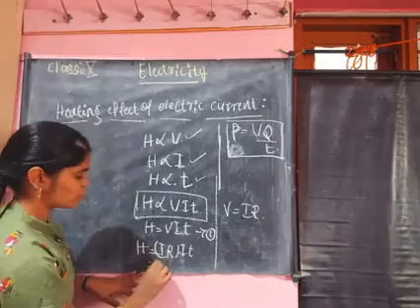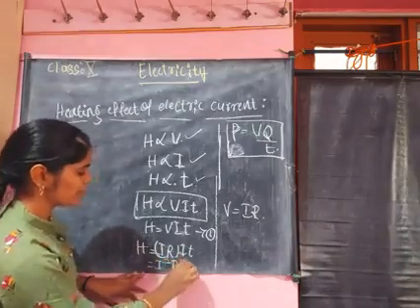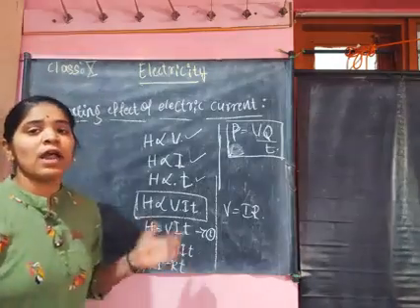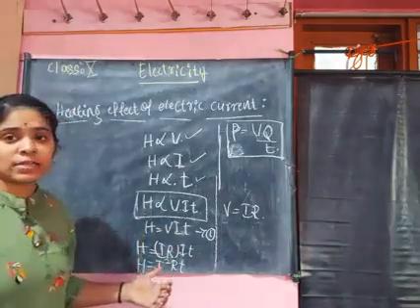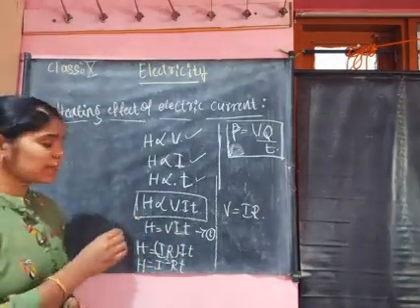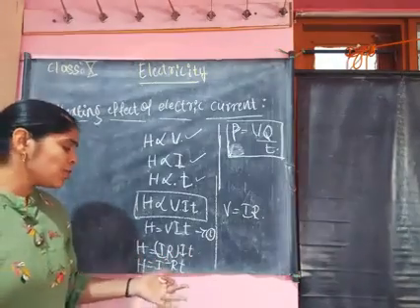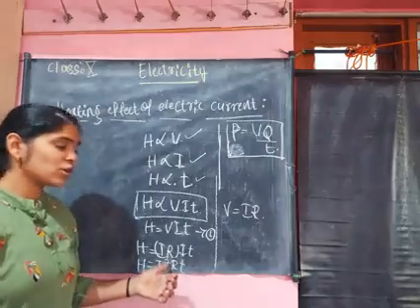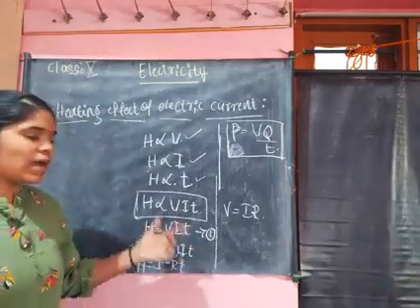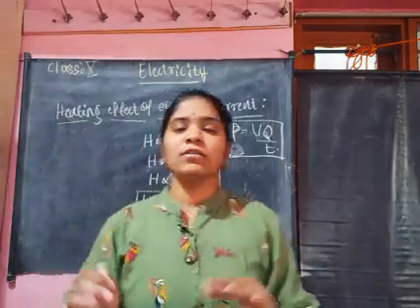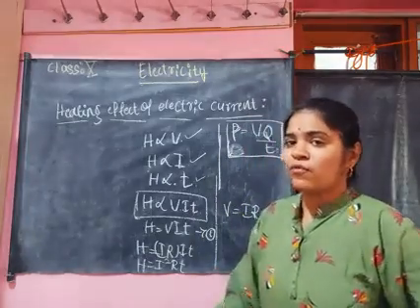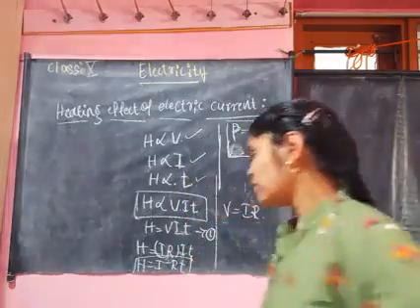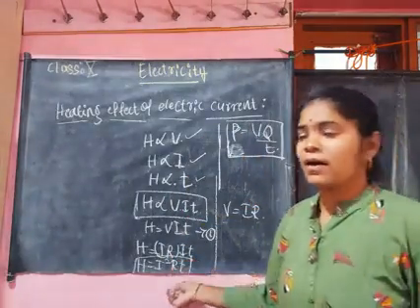So that will be equal to I square R into T. So this heating effect of an electric current is proportional to the square of the electric current produced in the electrical circuit, proportional to the resistance of the electrical circuit, and the time for which the current flows. So H equals I square into R into T, and this is nothing but Joule's law